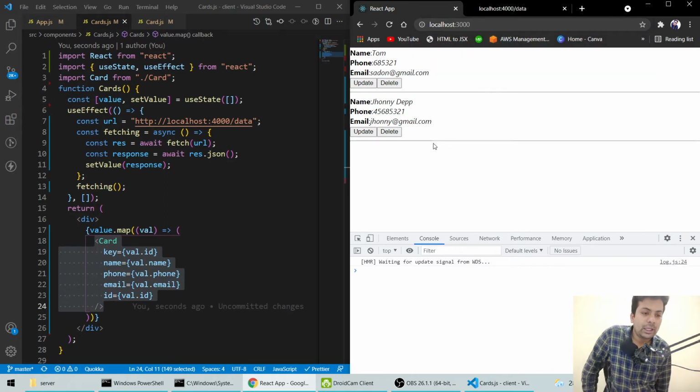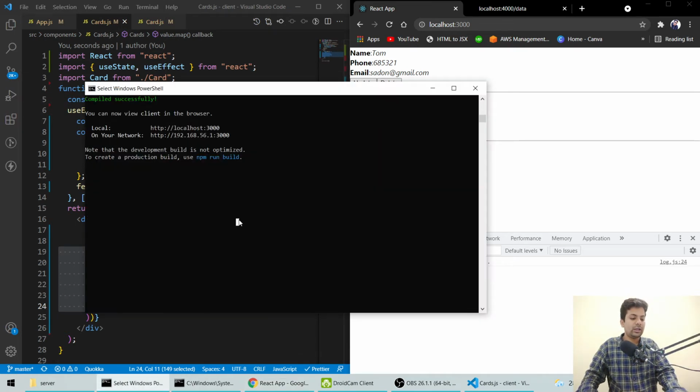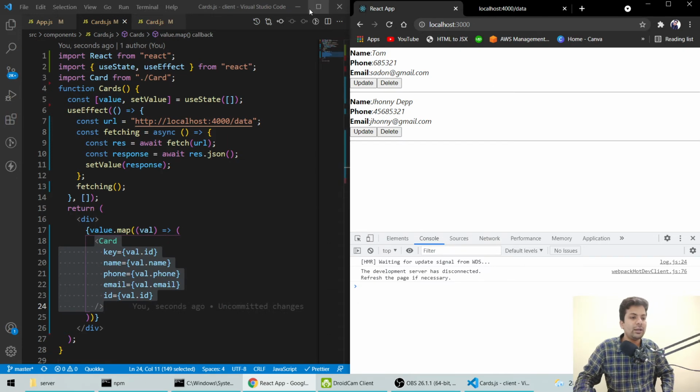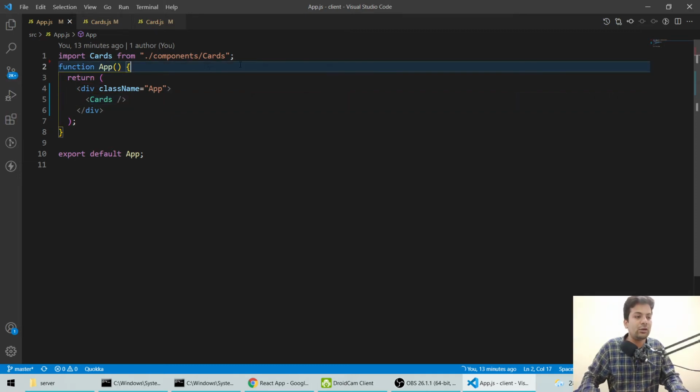So for update, we'll go here and stop the server and say npm install react router dash dom, and it is installing. Till then we can come here. Now we'll come to the app.js file. We'll not do everything in app.js because we'll build routes here.